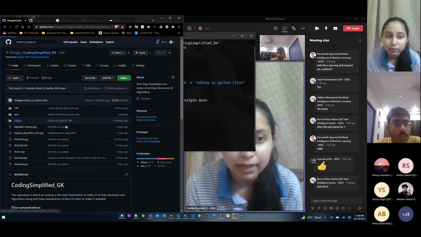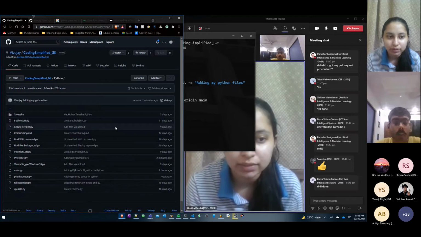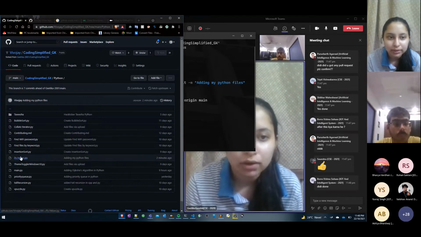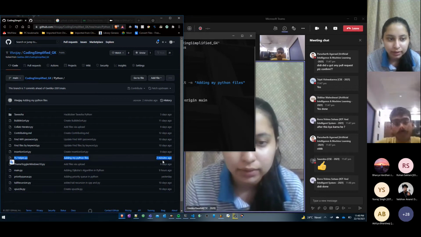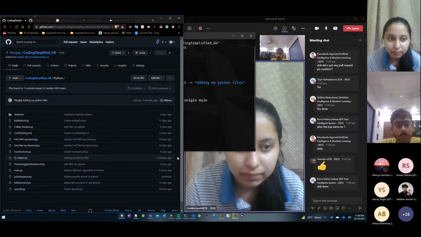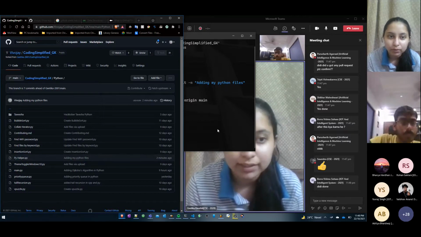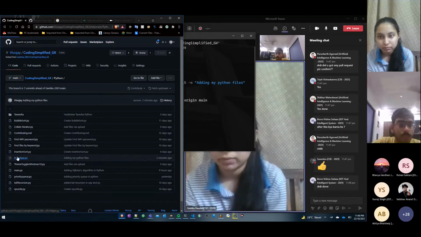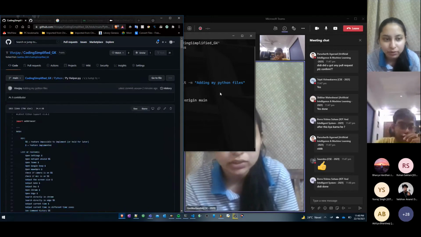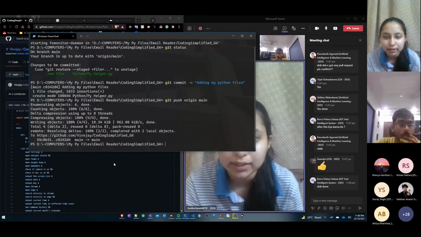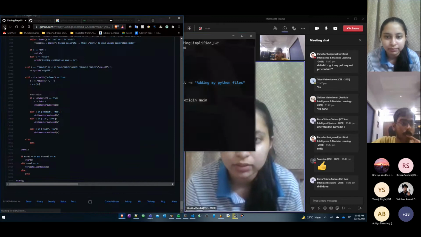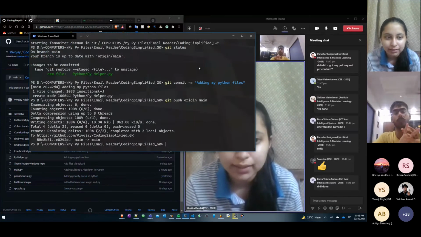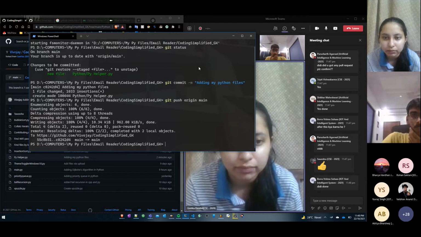Now, after you push, you refresh the same page you are working on, and you can see in your repository which you had forked, your changes will be visible now. See, 2 minutes ago it is showing in Vivan's GitHub. 2 minutes ago he had pushed the change, helper.py. This is available on the forked repository right now. You will be able to see your message which you had written with git commit -m. If all of us are here, please write yes in the chat. Are your changes visible in the forked repository?